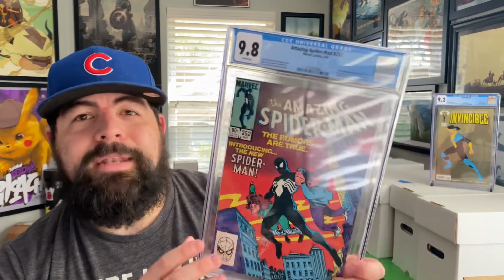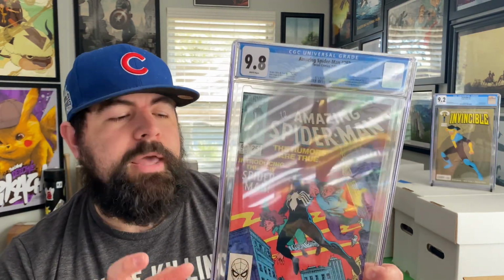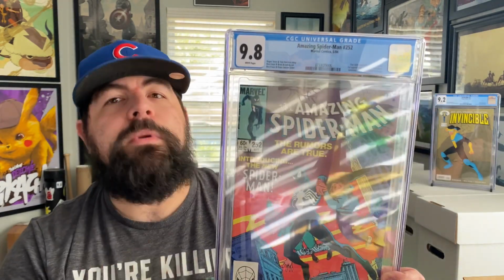Yeah, I picked this up as a 9.6 off eBay. Looked at the grader notes. It had pressable defects. That's huge. 9.8 ASM 252. The first appearance of the black suit in the Amazing Spider-Man run. There's still 2 books left. And you're like, it can't get any better. It will. All right, next up we have...